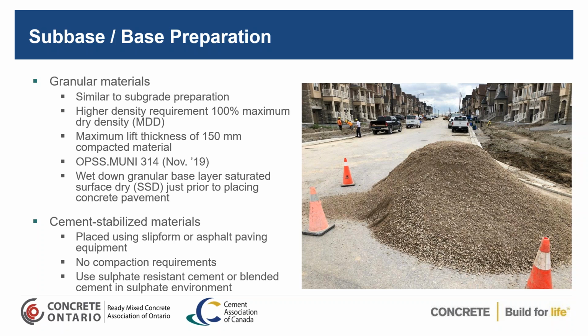When you're doing a subgrade compaction, the OPSS specification talks about being at 95% maximum dry density. Here, when you're looking at your subbase or your base layers, you're looking at 100% maximum dry density compaction. Also, when you're placing these, you don't want to go over 150 millimeters of compacted material. So if you've got 300 millimeters of granular base that you're going to be placing, you've got to do that in 2 layers. You don't put 1 layer in and compact it, because what may happen over time is the vibration of traffic over the pavement may actually consolidate that material more and cause a gap